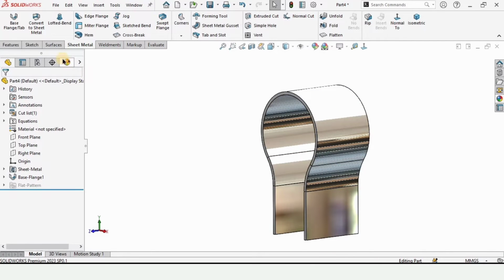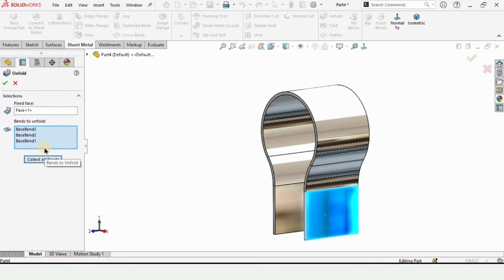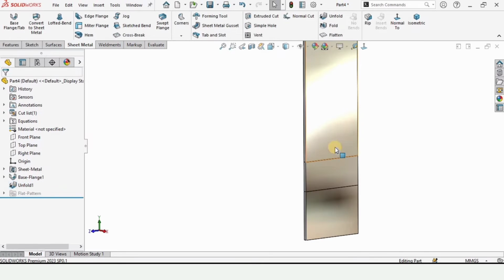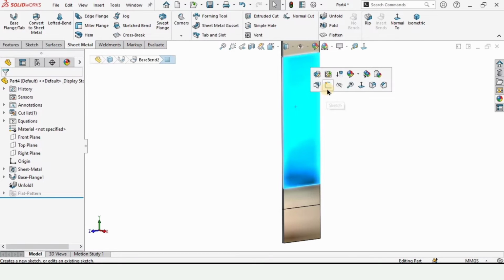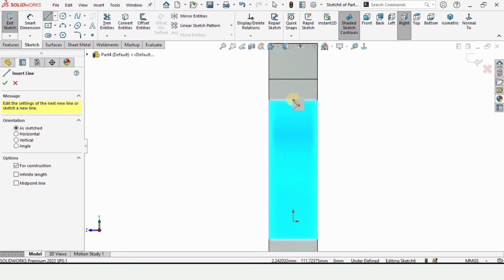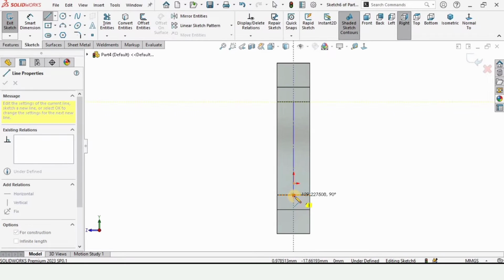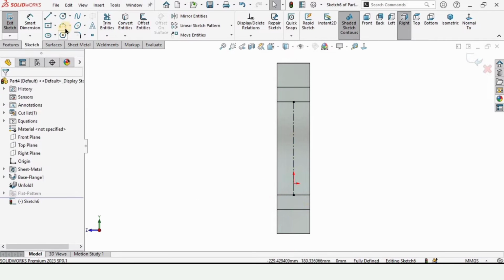Now let's unfold it. For that select unfold, and in this fixed face you have to select a flat surface. I'm selecting this flat surface and clicking this option. It will automatically compute the rest of the entities by itself, and check this box. Now select this face and click on sketch, and after that select the center line, trace the center point and make a straight center line here, and after that